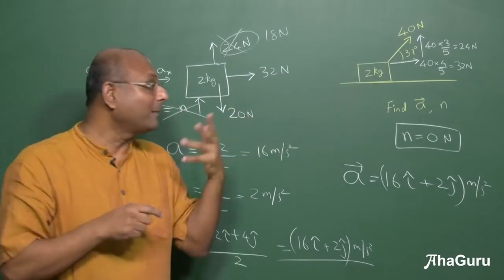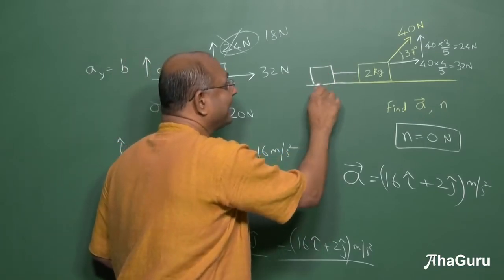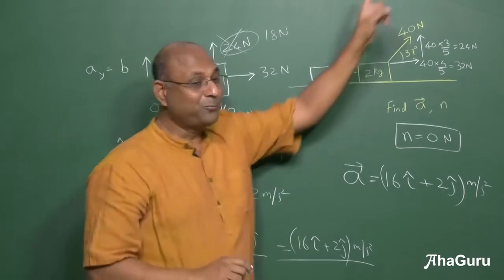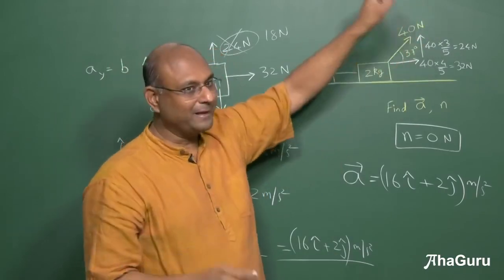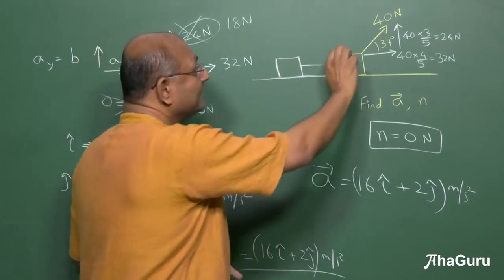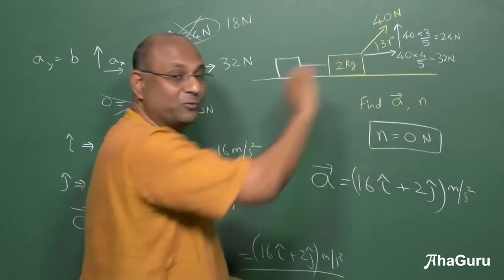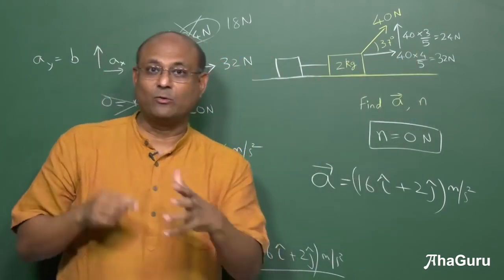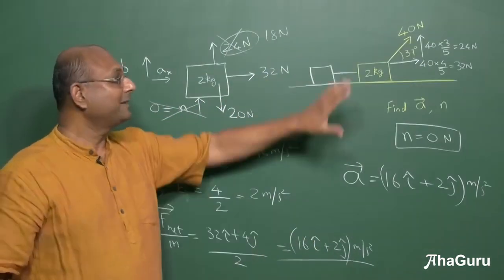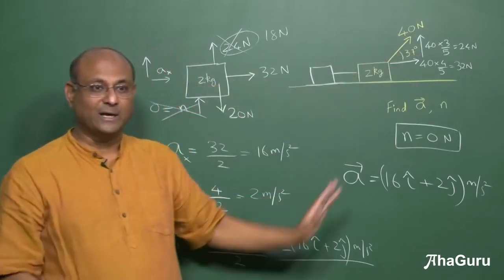You should be then able to apply this even if I had another block connected this way. So when I'm pulling, well, in this case, of course, it's going to fly up, it becomes difficult. But instead of 40, suppose this was 20, this is going to go this way, right? You know how to do this kind of problem when it is moving. So we will learn that when we are doing a few practice questions, okay? But the basic idea that you should resolve this force is hopefully clear.